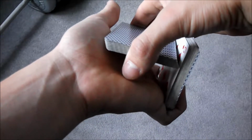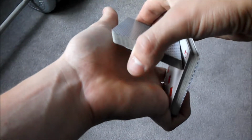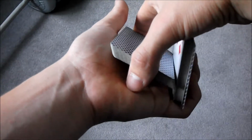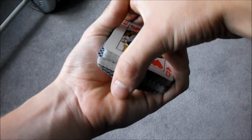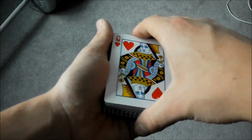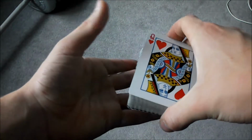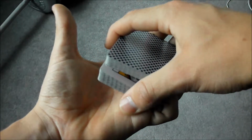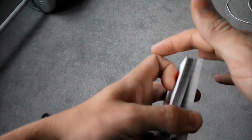And as it comes around, you can push this top packet down and just snap with these four fingers down on there, and there it is. So let's go through that one more time. Cut the Queen from the top into the middle, taking the pinky break. Using the index finger, which tucks underneath at the front edge,